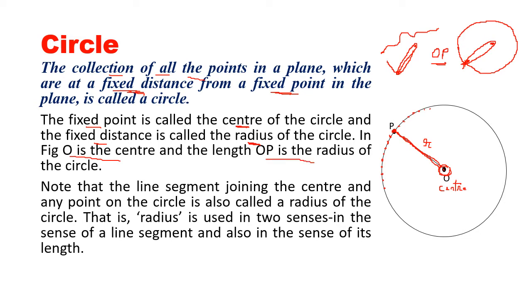So now we should know a little bit of construction also. If we are told to construct a circle with radius 3 centimeter, what will you do? How will you make a circle with radius 3 centimeter? You will take a scale, then you will take your compass, you will put the point on 0, and you will fix your pencil exactly on 3. So you will take your compass and then with the help of a compass you will draw your circle.